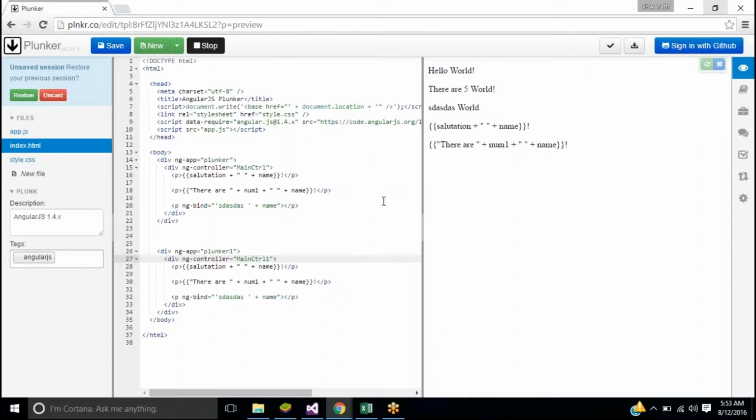But if you want to do it manually, generally it's suggested to use one app in one single HTML file. But if you come across a case where you have to use multiple apps, you can manually bootstrap your Angular application using angular, which is a default keyword in Angular that we discussed yesterday. You can say angular.bootstrap and tell which element you want and what is the module that you want to assign to it, right? Probably we can try it here. I don't remember the syntax exactly, but let's try. angular.bootstrap.